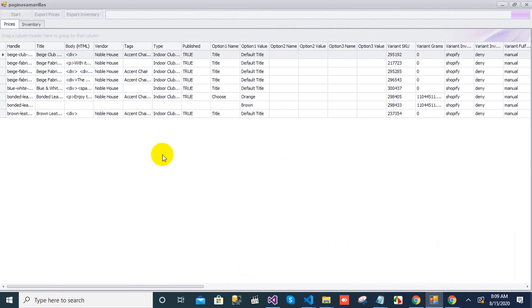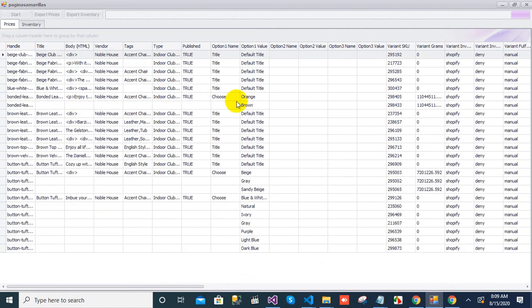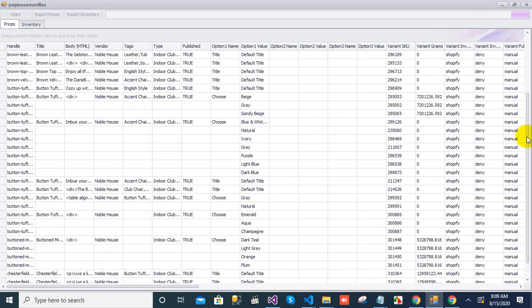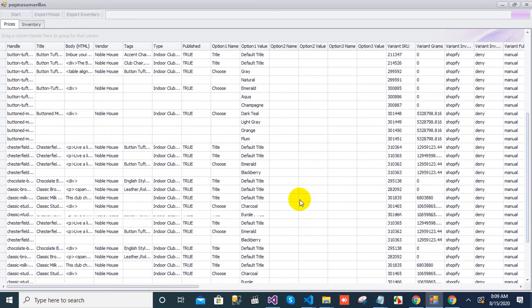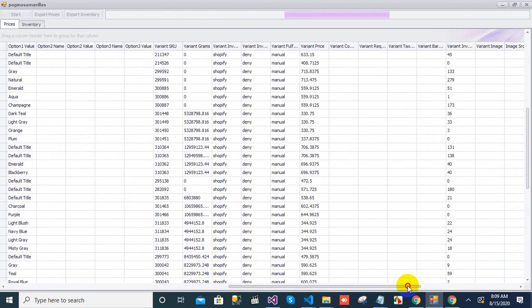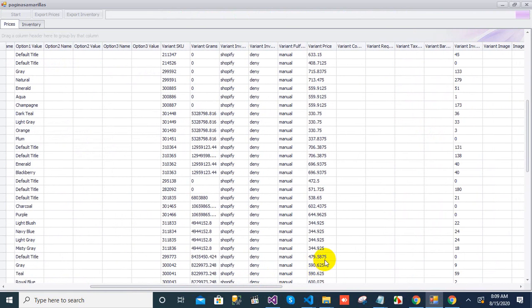Okay, as you can see, here is the data. Okay, so here is grams, prices. Okay,